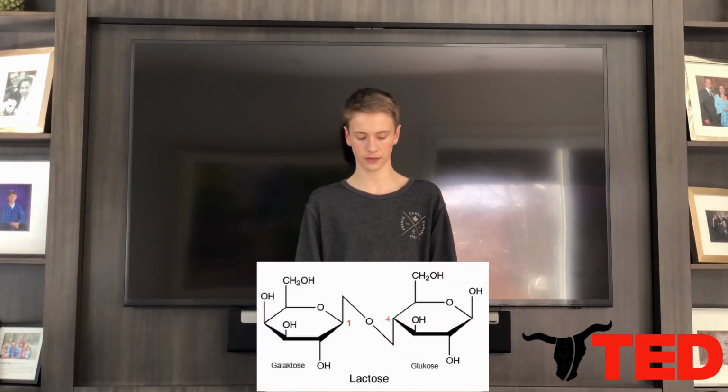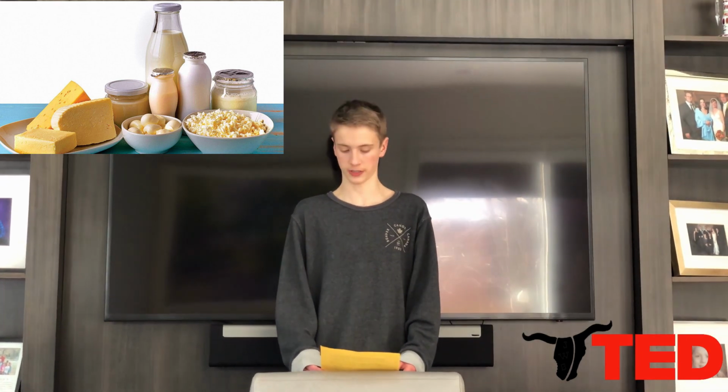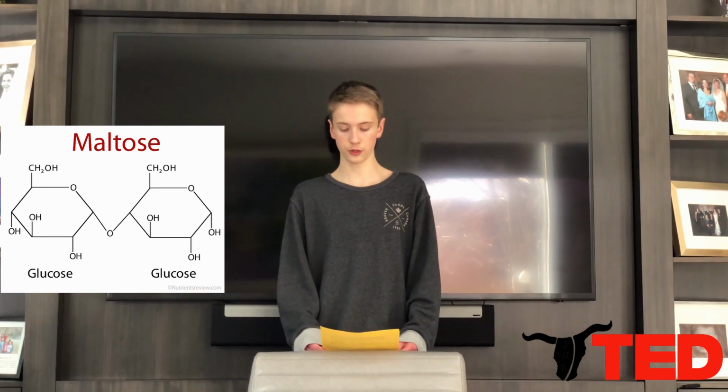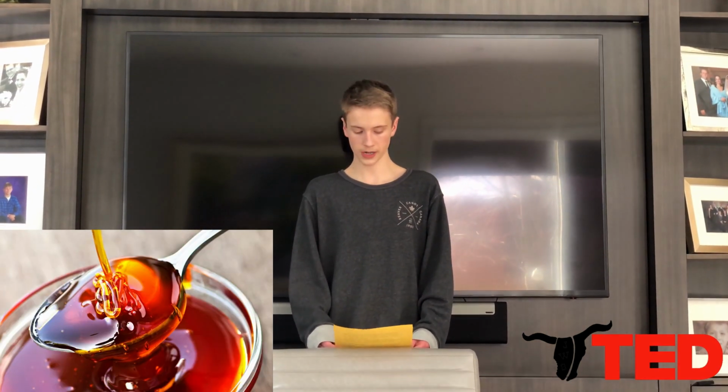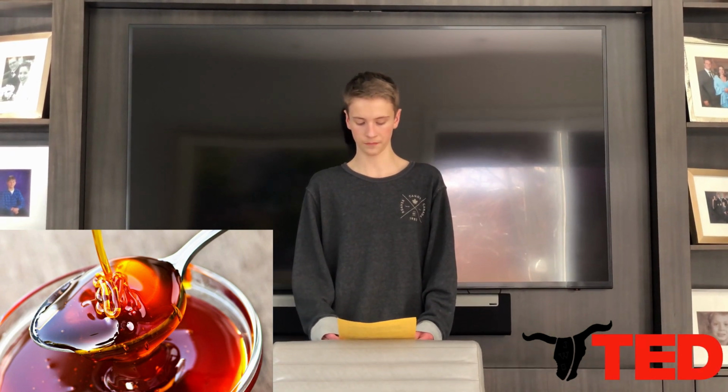Lactose, a disaccharide made of 2 molecules, comprises 2 to 8% of all milk products and is referred to as milk sugar. Maltose is a disaccharide made up of 2 glucose molecules linked together. Maltose is also referred to as malt sugar and is the least common natural disaccharide. Since it is formed from glucose, maltose has reducing sugar capabilities.